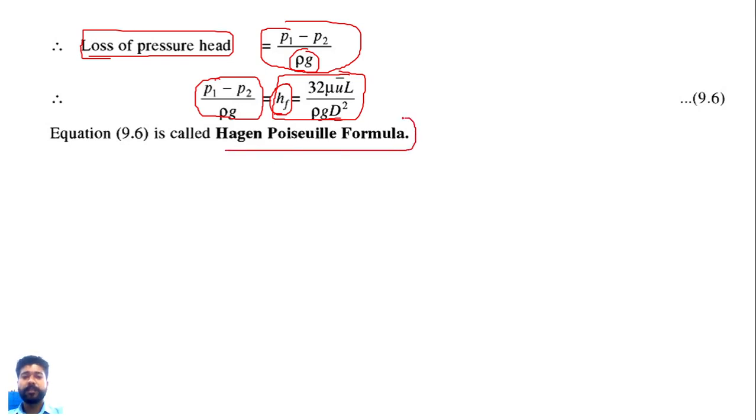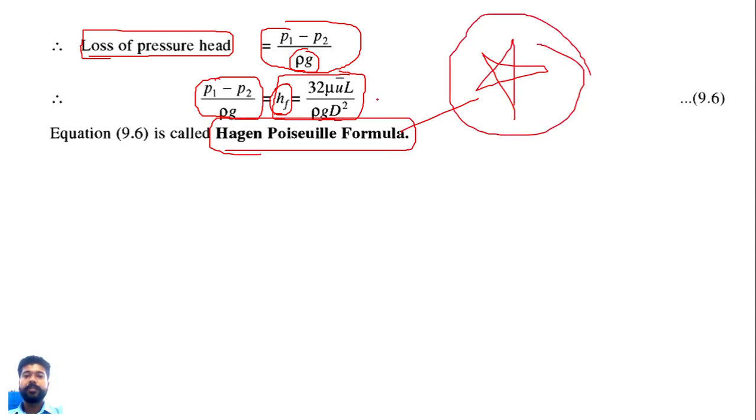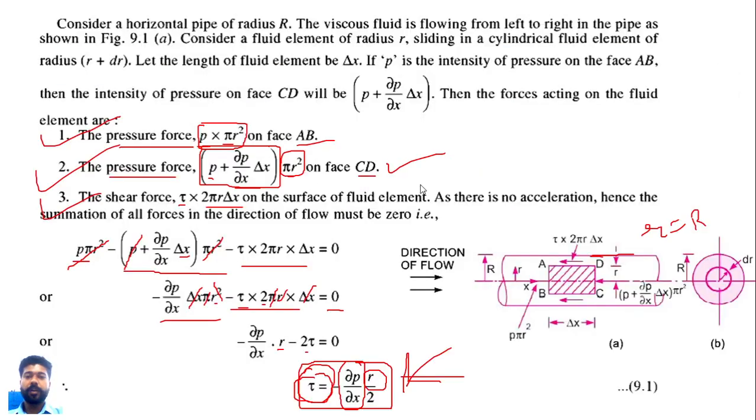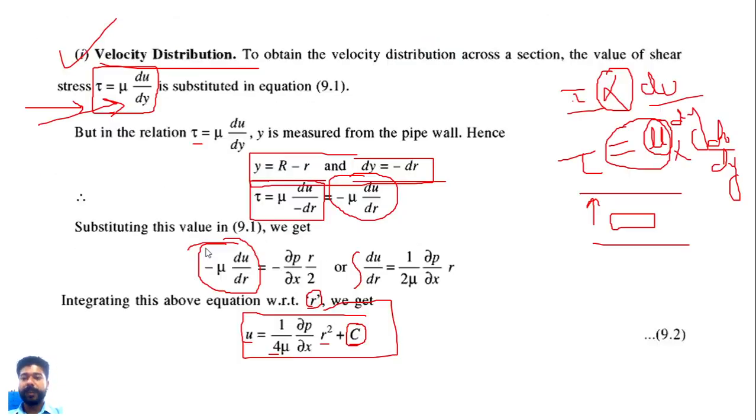So this equation of loss of pressure head, h_f, is known as the Hagen-Poiseuille formula, and this equation is the most important equation of this chapter. Okay, so you need to remember this equation for the examination and also from the example point of view. So in the very next lecture we'll solve an example based on this head loss due to the pressure head, and the equation of head loss due to pressure head is 32 mu u bar L divided by rho g d square. So for this Hagen-Poiseuille formula, this question is worth about 7 marks, and you need to write down this whole derivation in the 7 marks. Okay, you need to